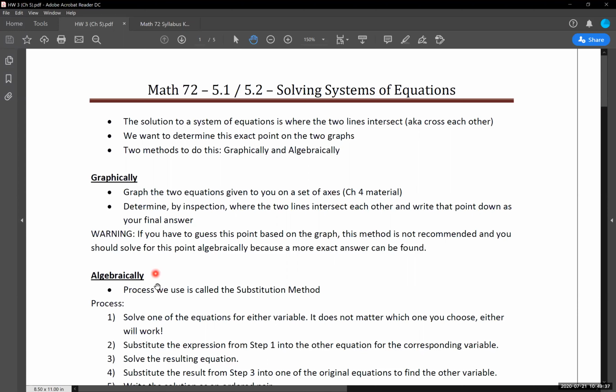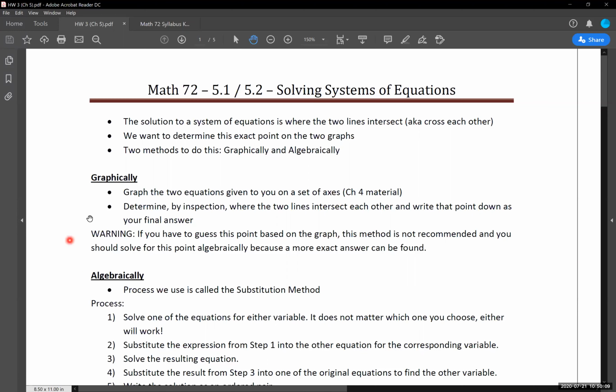Now, there are some instances on the homework, and I think there's one or two of these, where they're going to ask you to approximate an answer by looking at a graph and determining what the solution is. There's a big difference between approximating an answer and finding an exact answer. If we're just looking for an approximate, we're probably fine using a graph. But if we want an exact answer, there's nothing wrong with starting with a graph, but if you can't get exact with it, absolutely go to the algebraic method to find the answer.